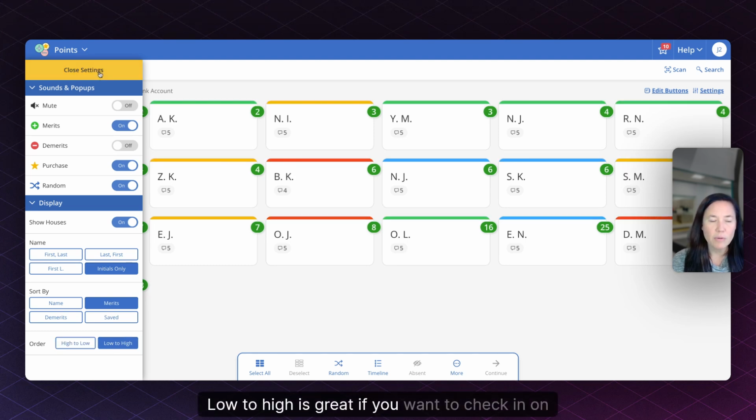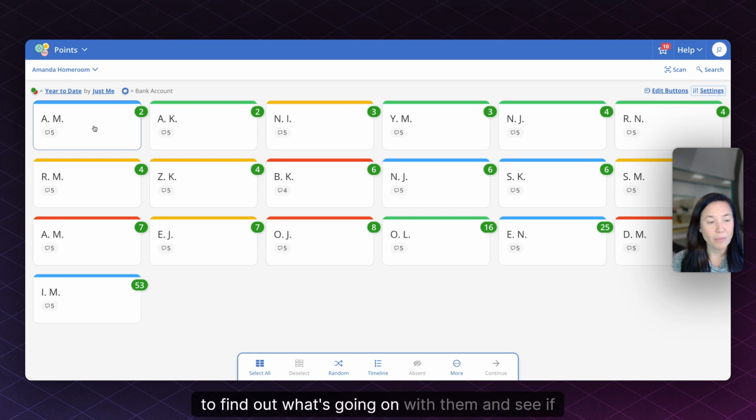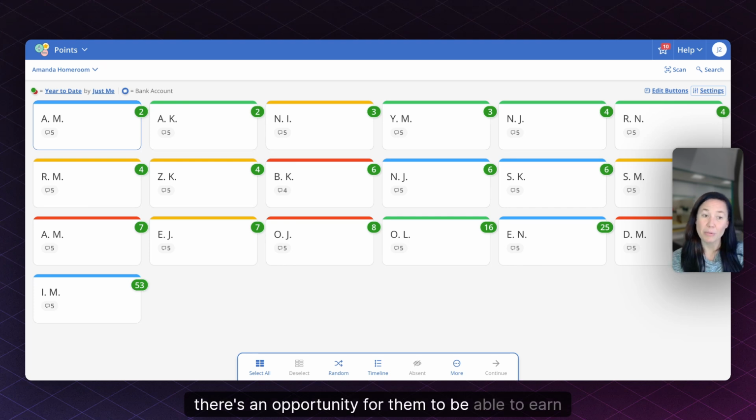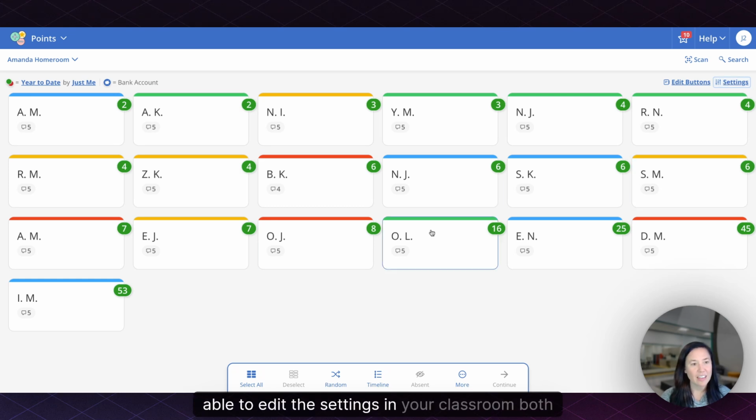Low to high is great if you want to check in on any students who haven't received that many points to find out what's going on with them and see if there's an opportunity for them to be able to earn more points. So those are all the different ways that you're able to edit the settings in your classroom,